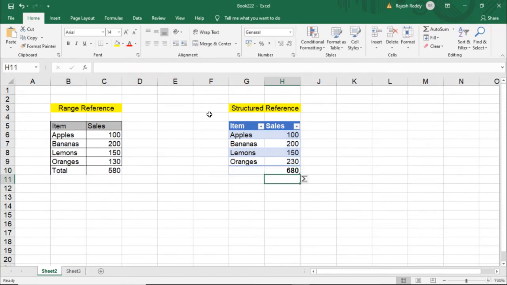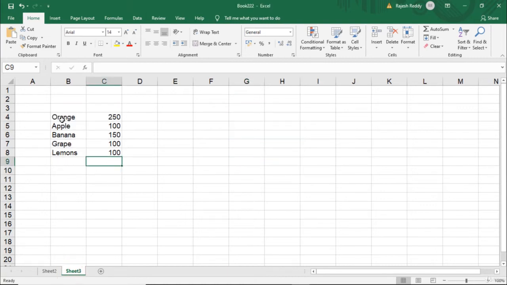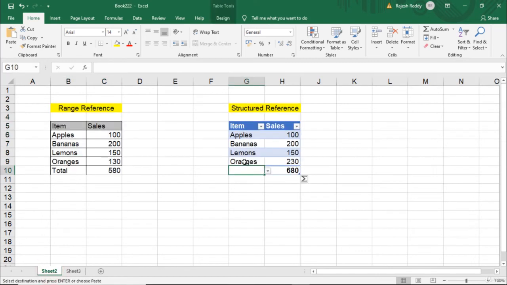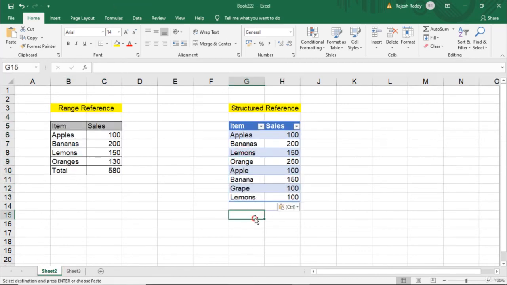Both will get the same result. Okay, and also what is the benefit of structure reference is if I add any data to this particular table, automatically the table gets expanded. Let's suppose if I add this data to this table, see automatically the table gets expanded.